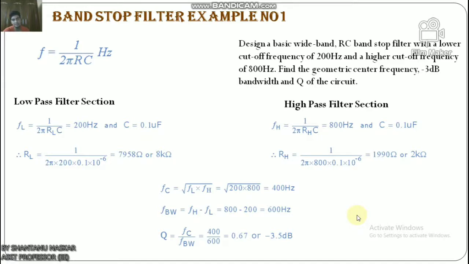The magnitude and polarity of the adder output will be at any given time the algebraic sum of these two inputs. If we make the op-amp feedback resistor and its two input resistors the same value, say 10 kilo ohm, then the inverting summing circuit will provide a mathematically correct sum of the two input signals with zero voltage gain. Then the final circuit of our band stop, band reject filter example will be like this.